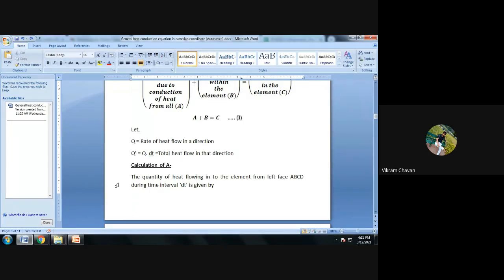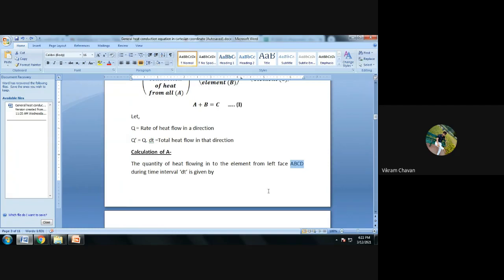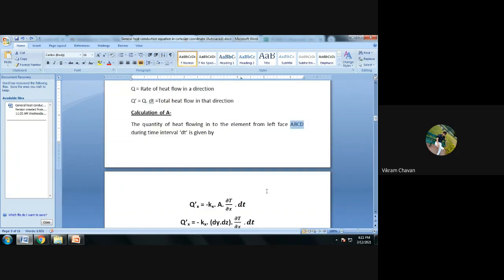that is the x direction. So heat is entering through face ABCD and heat is leaving through face EFGH in the x direction. So if you consider how much heat is entering, the total amount of heat entering the element from the x direction will provide you Q dash suffix x. Okay, so this is minus K suffix x multiplied by A multiplied by ∂T/∂x. Okay, that is Q suffix x.